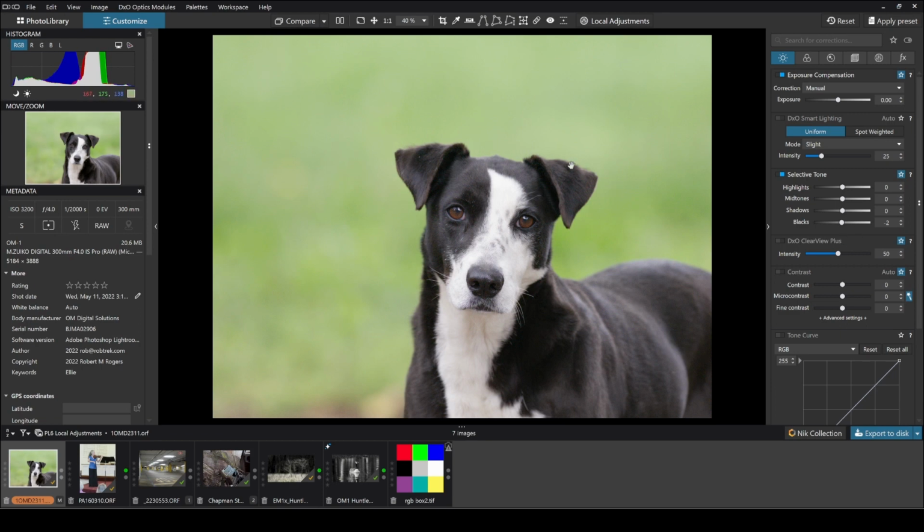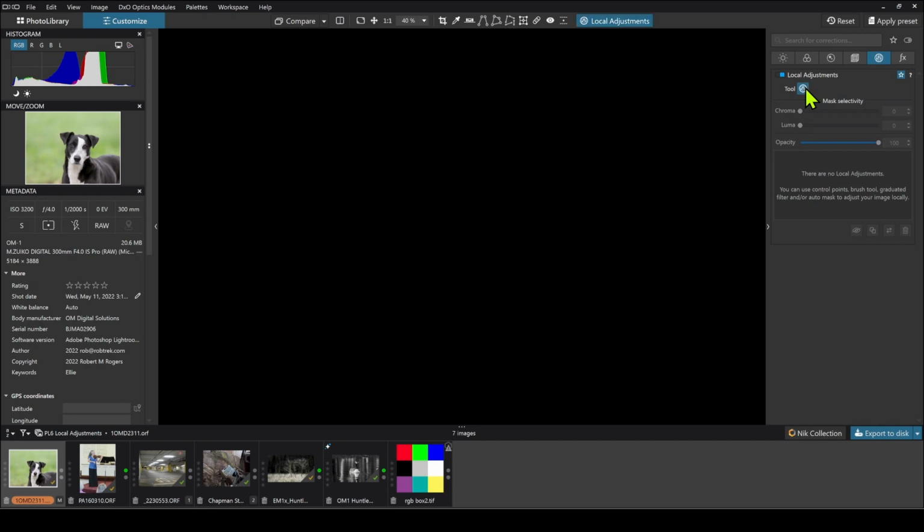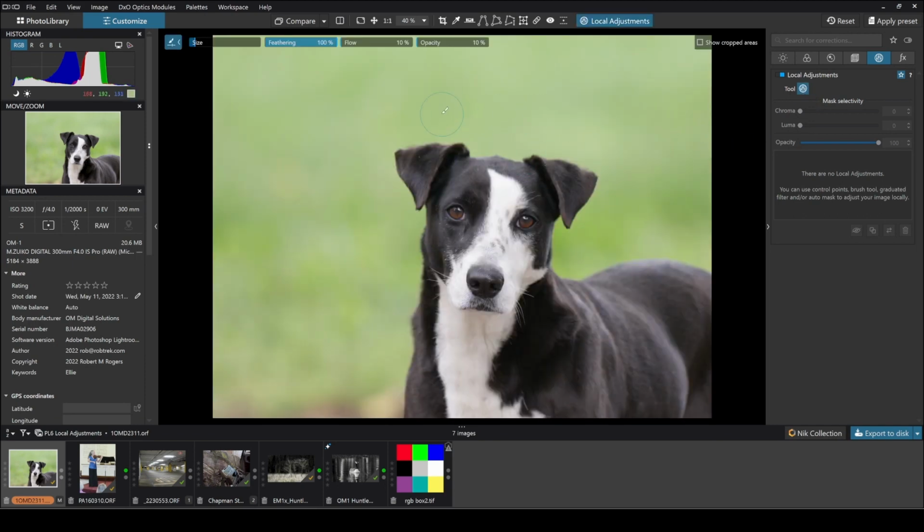Now, local adjustments are to make smaller changes in just certain areas. So for example, if I just wanted to brighten the eyes, I would go to the local adjustments panel here, click on the tool icon, and then I'm presented with a brush or whatever the last tool I used. And if I right click on the image, I'll be brought up with the Radial menu, which shows me all the different tools that I can use. And I'll go over each one of these as I'm editing some images, but let's just start with a simple